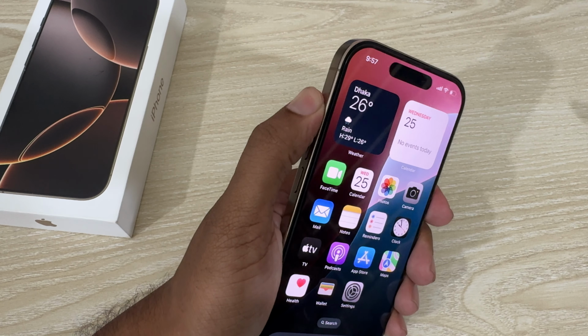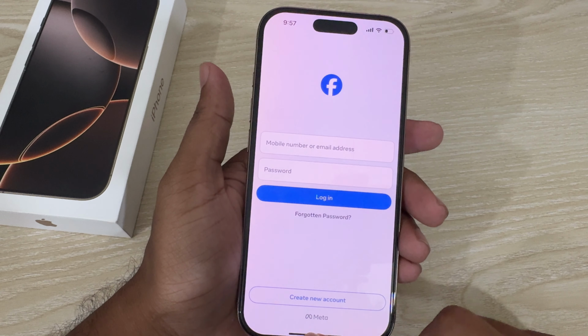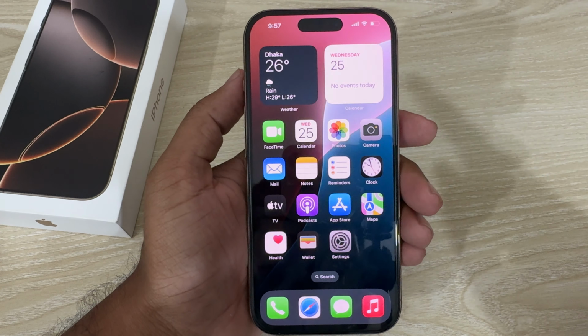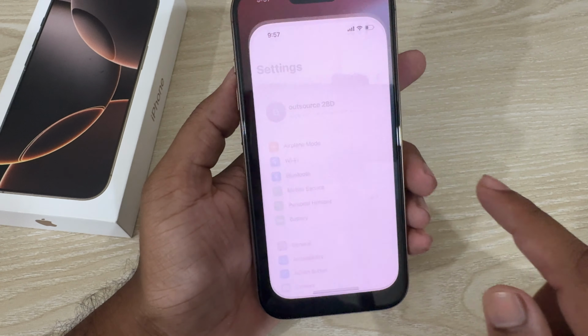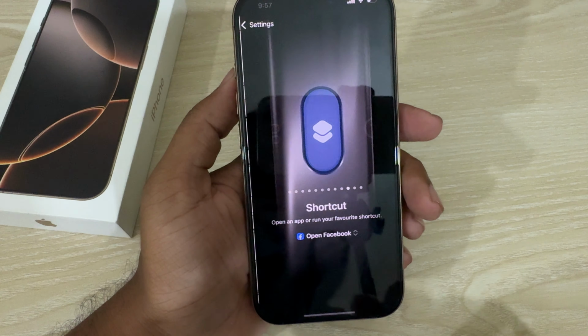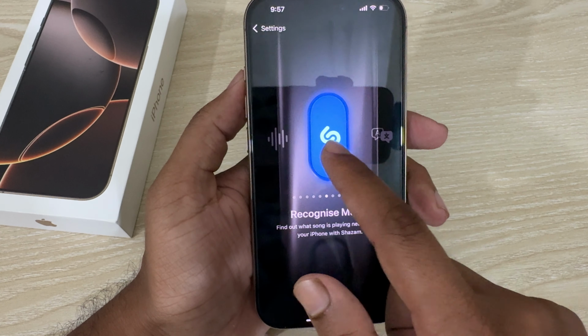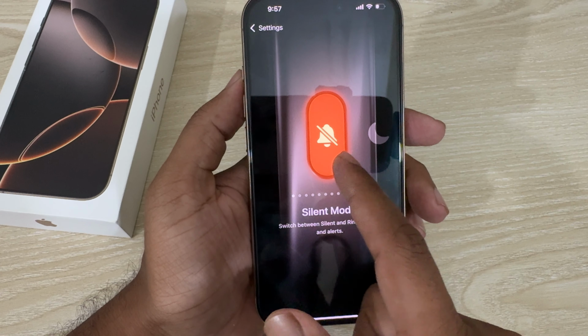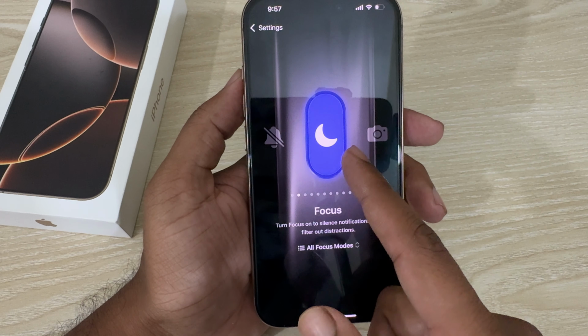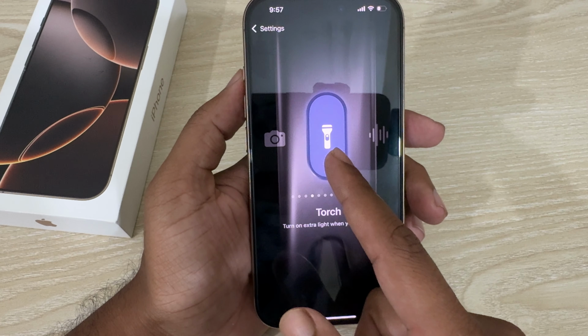So if I press and hold my action button, you see my Facebook is opening. To customize your action button, you have to go to your settings and you're able to see the action button, and here you can optimize: make silent, it's the default, and focus. You're able to set any focus, camera, flashlight,